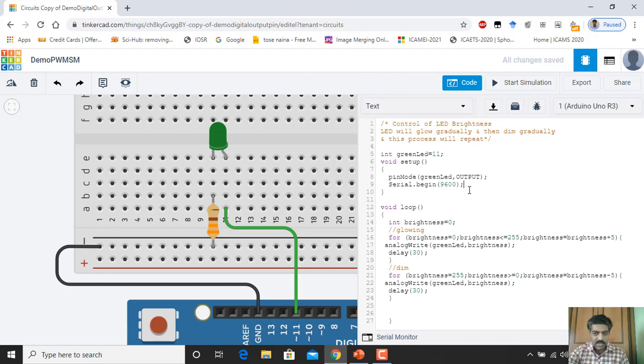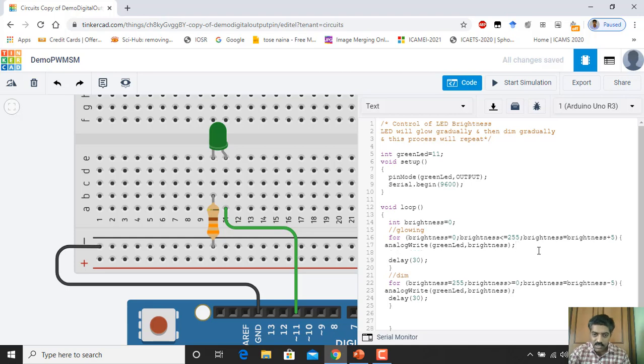Serial.begin, this is the setup function that you have to use. Then you can use the serial monitor print, or you can see the display. So what kind of display do you want to see? Suppose you want to see what the values of the brightness are. For that, you just write